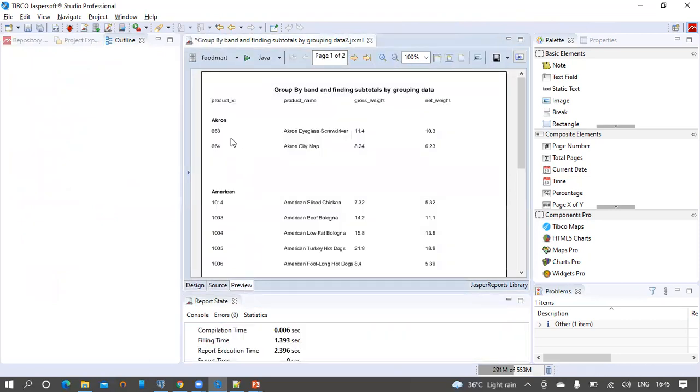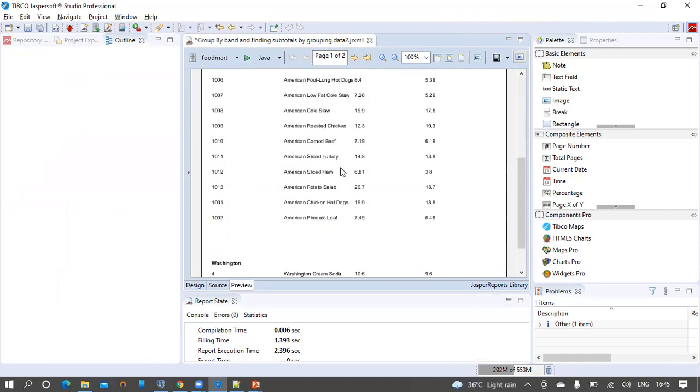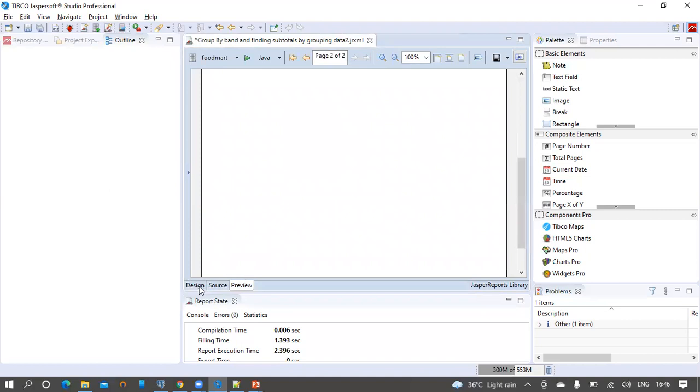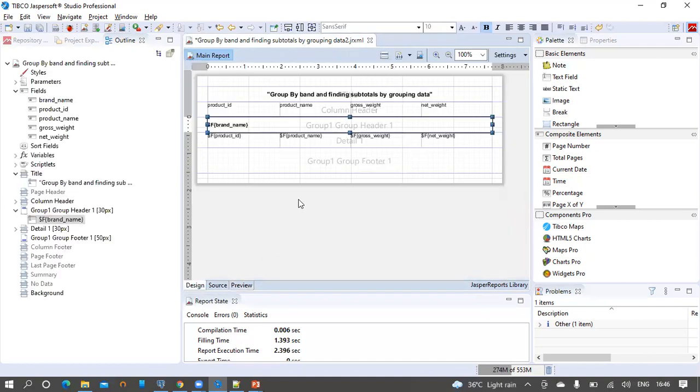This output looks fine to me because the data is grouped based on the brand name. We have two pages of output for this report, and we can see that the data is grouped by brand name here: Akron, American, and at the bottom, the last one is Washington. So this is how we can group the data in a Jaspersoft report.